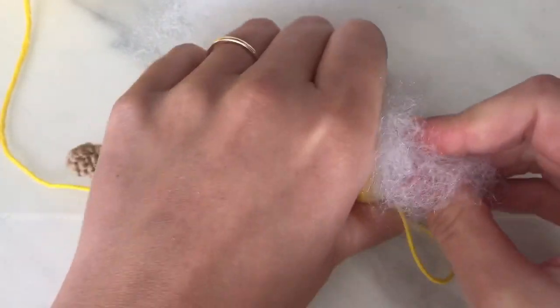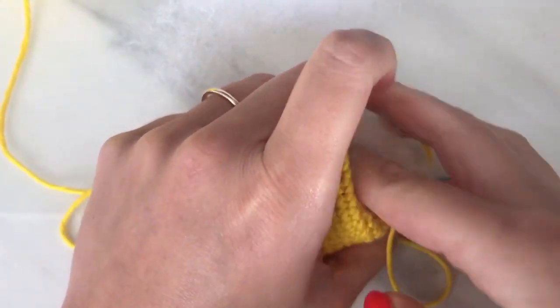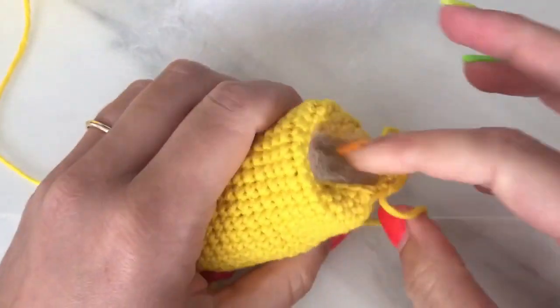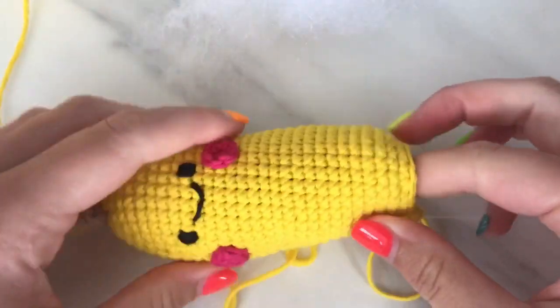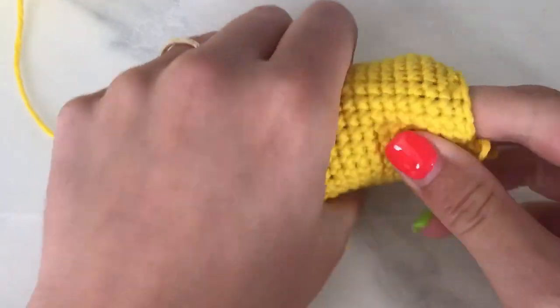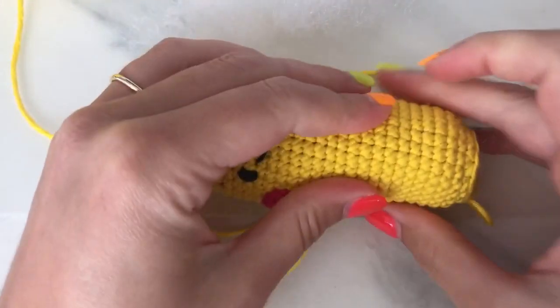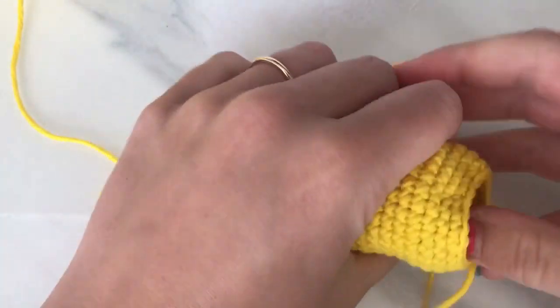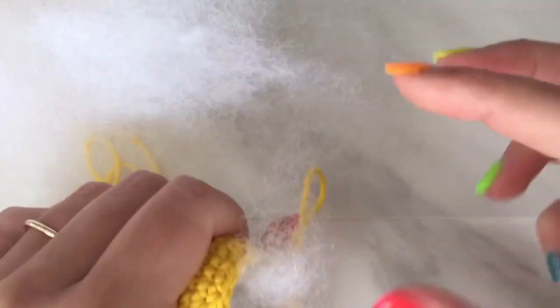Oh, my hole's not big enough, so you've got to make sure your rattle will fit through. Otherwise you might want to have put the rattle in the previous round before we decreased to 18 if you needed to. And it's actually quite nice because it's about the same width as the banana. So now I'm just going to stuff a bit more behind that, and then once we